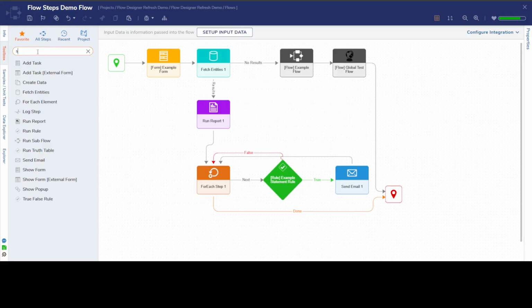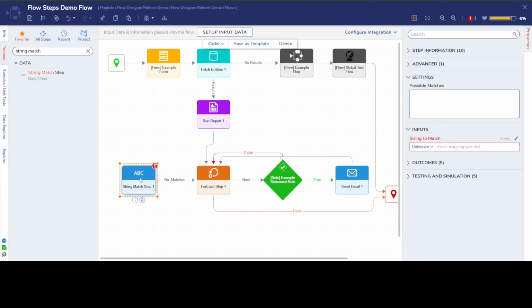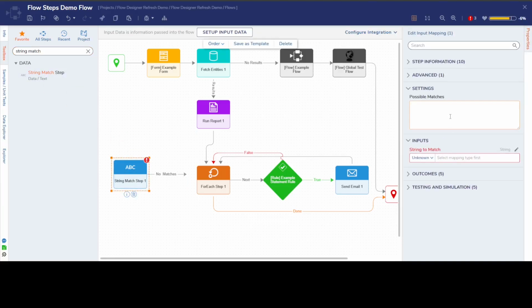spread out. A great way to demonstrate this is if I bring in a string match step, because it's easy to grab a bunch of pathways from this step. And if I grab a bunch of paths and I start dragging all of them into this for each step, you'll see they go to the center, and then as I add more, they separate out so that they don't run into each other and overlap. So then by the end, I have this neat connection between these steps where they're all separated and they don't